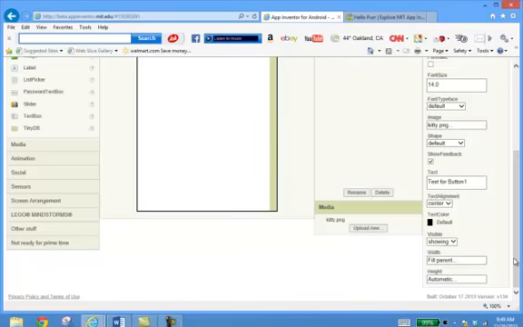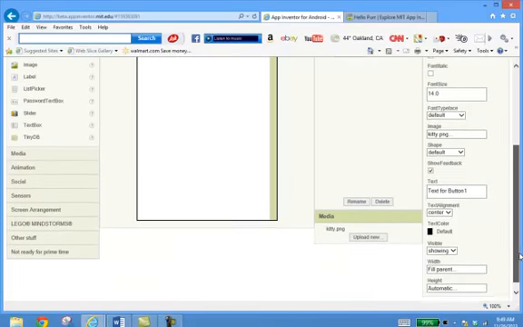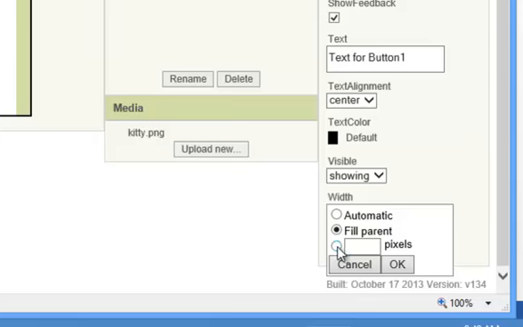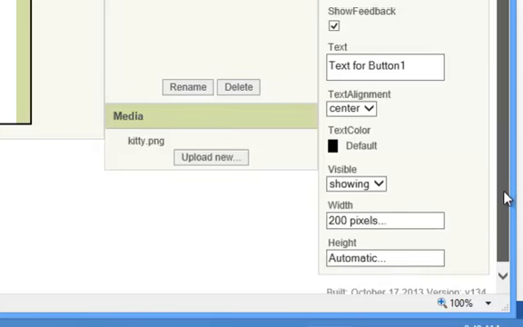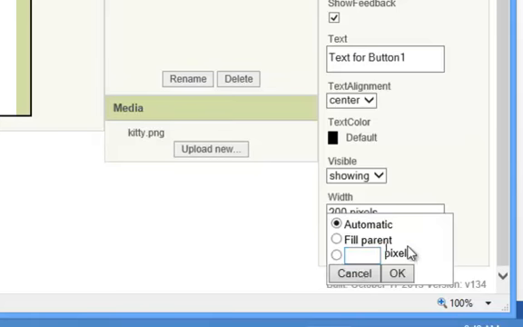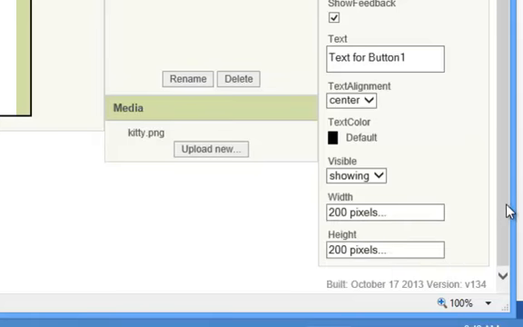Mine did not work very well that way, but what I ended up doing, instead of using fill parent, I chose the little circle next to the word pixels, and I put in a number like 200 or 300 right there. And that just basically resizes the picture. When I click OK, you don't see much right there, but when I go to the height and do the same thing, I'm going to put 200 again just to get the assignment finished, click OK, and what happens now,